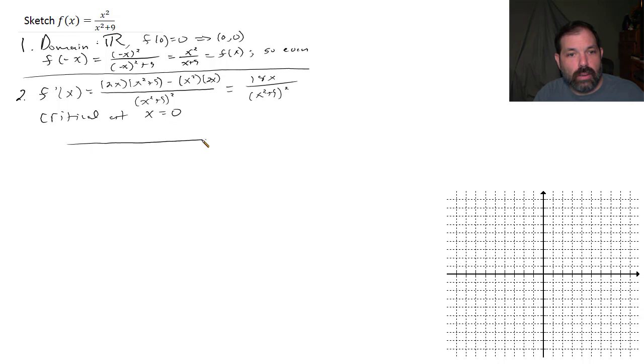Breaking up my number line at 0 and testing into the first derivative, we see that the sign will change only at x equals 0. If we're to the left of 0, 18 times a number less than 0 would be negative. 18 times a number greater than 0 would be positive. So the function f is decreasing on negative infinity to 0, increasing